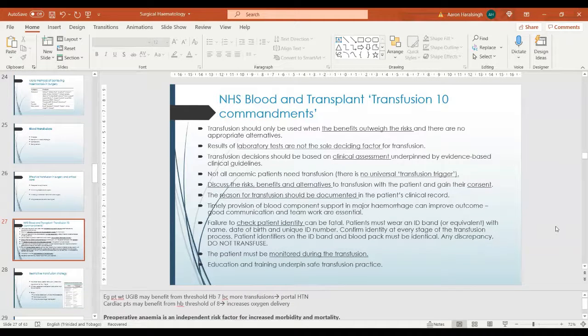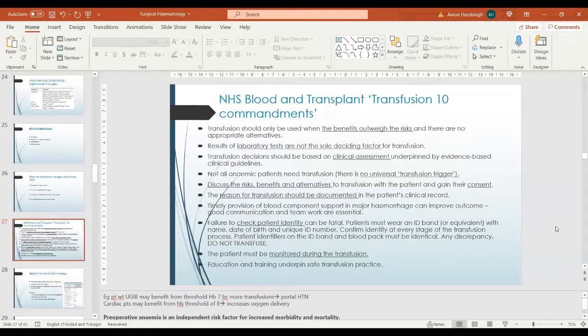So the NHS has the NHS Blood and Transplant transfusion 10 commandments. What they essentially say is that a transfusion should only be used when the benefits outweigh the risks and there are no appropriate alternatives available. It also states that your laboratory tests, so your Hb level, should not be the sole deciding factor for a transfusion. It should be based on clinical assessment of the patient and underpinned by clinical guidelines,